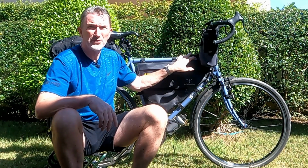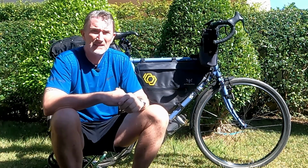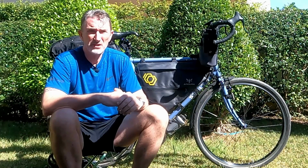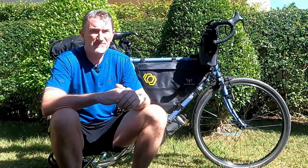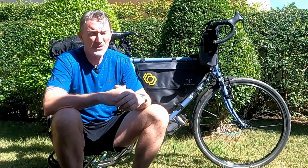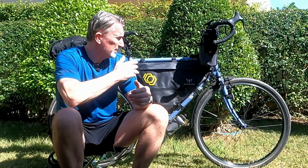I paid $150 for this bag. That is at the higher level of the spectrum, but I think the quality does justify the price. You can buy these kind of bags for as little as $30–40 on Amazon and eBay. They're no-name bags, but they won't be waterproof, they won't be as durable, they won't be as practical as something